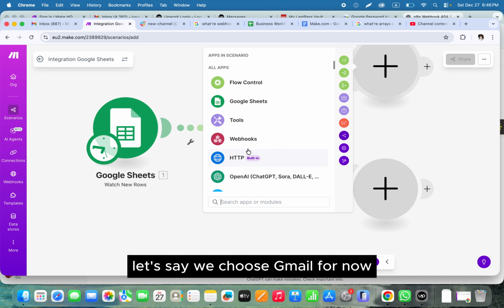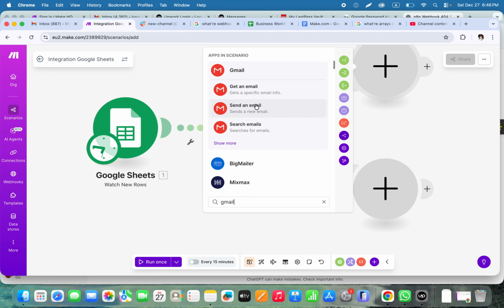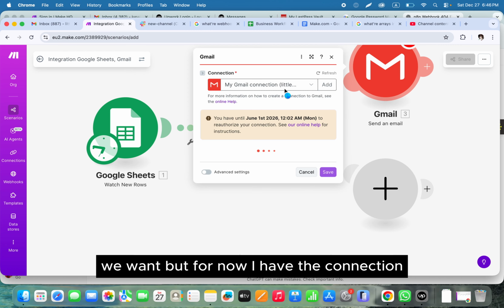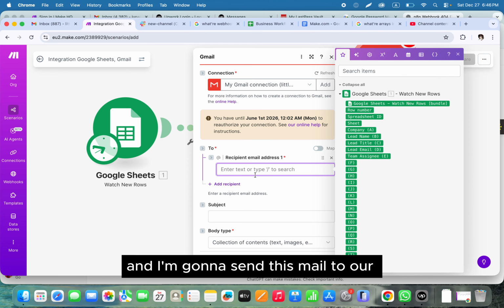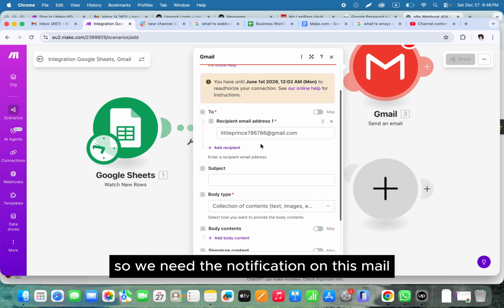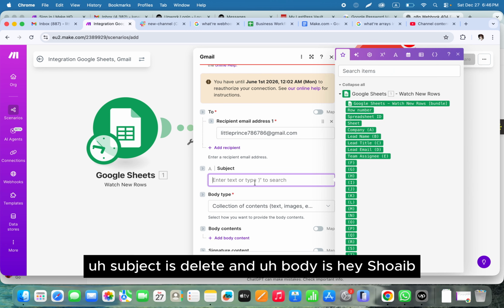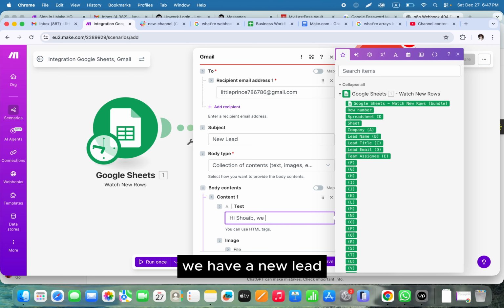Let's say we choose Gmail for now. We can choose whatever communication channel we want, but for now I have the connection of my Gmail, and I'm going to send this mail to littleprince786 if it is Shoaib. So we need the notification on this mail. Subject is new lead, and body is: Hey Shoaib, we have a new lead named